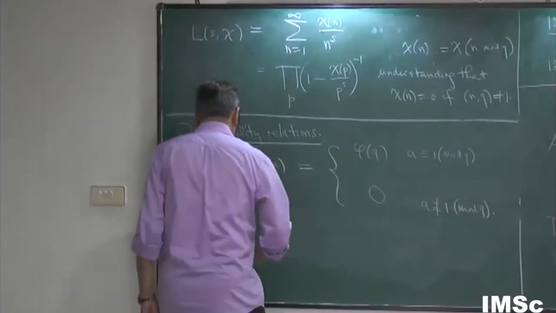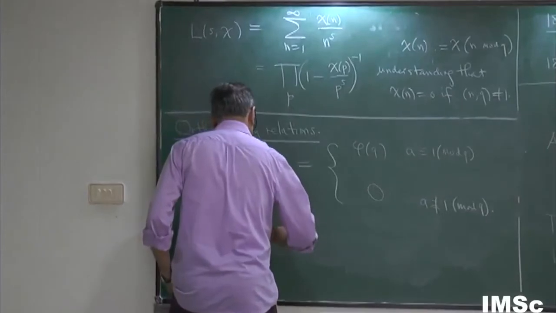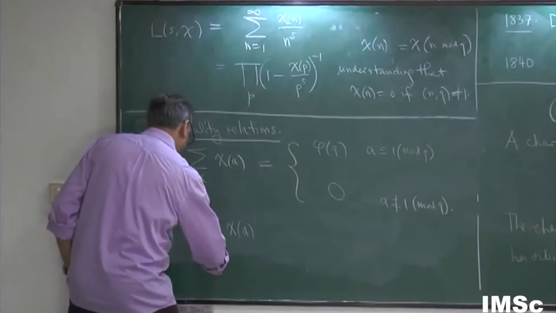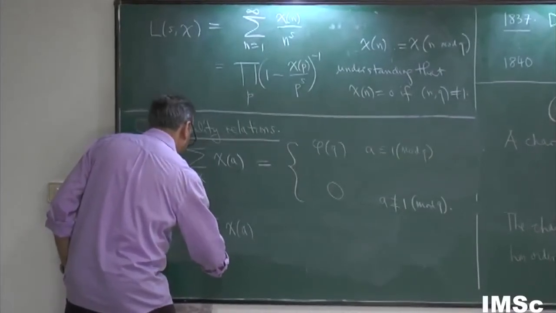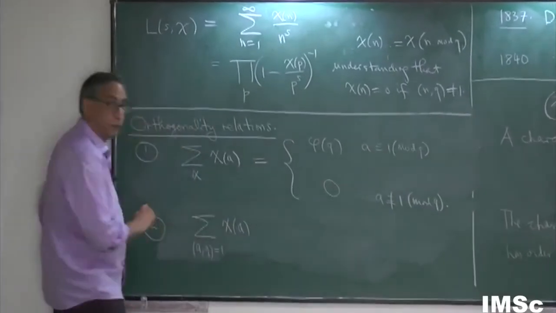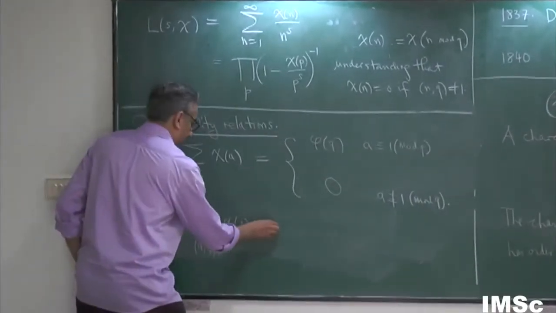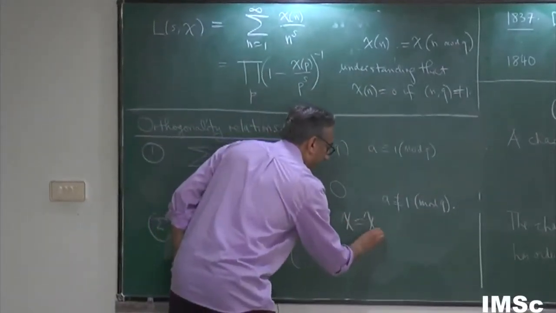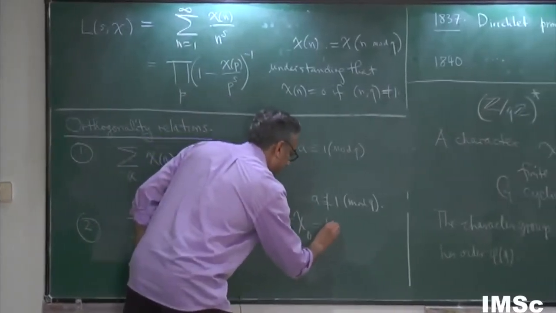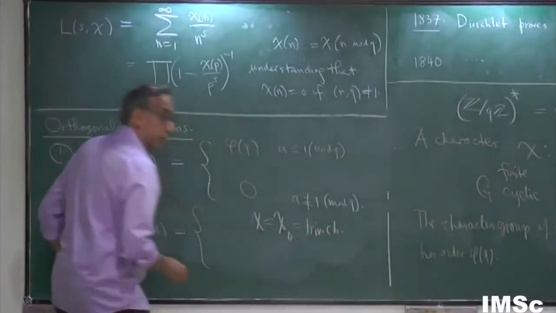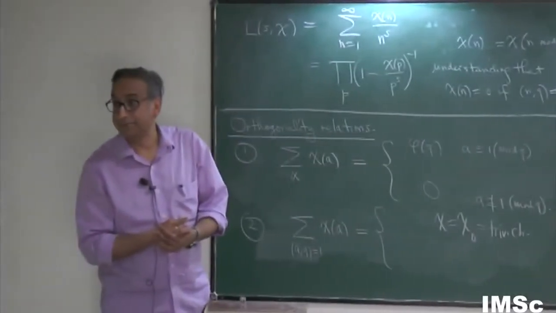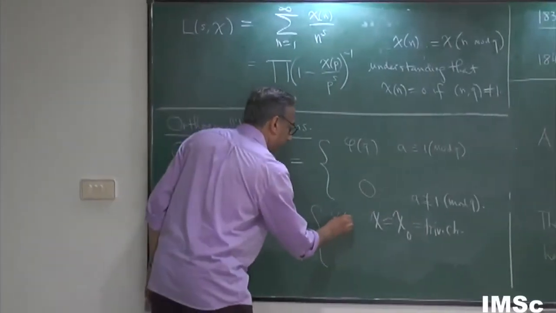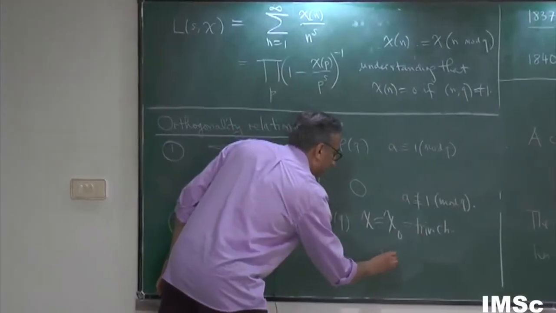The second result that he needs is the sum of chi of A. This time I fix chi and I vary over A and Q relatively prime. So vary over the group elements. If chi is the trivial character, so by the way, the trivial character will be denoted as chi 0, which is the character that sends everybody to 1. There's always that silly character, right? If it's the trivial character, you're going to get phi of q again. If it's the non-trivial character,